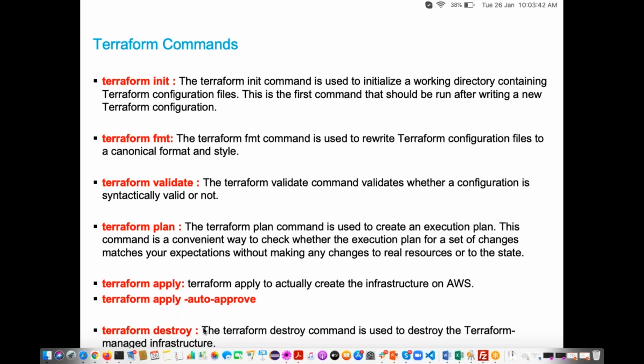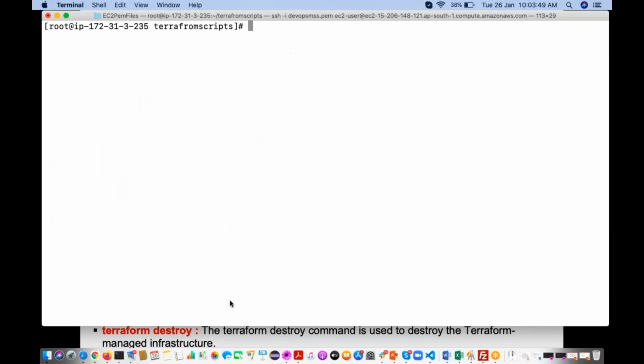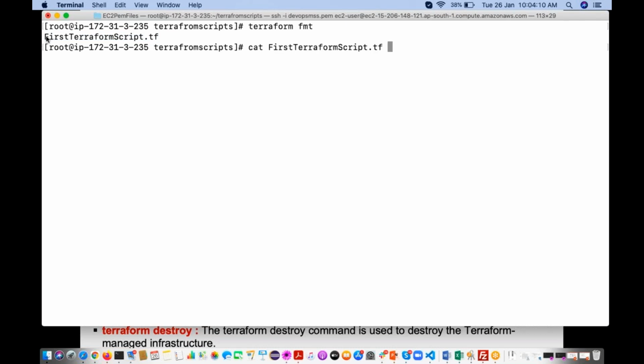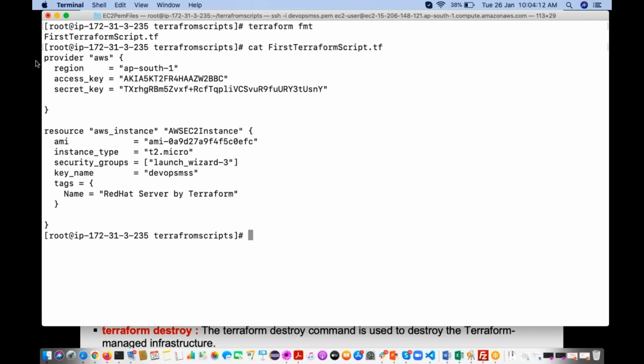Okay, so it is already there. If you want, I will execute this one. terraform fmt. See, if you check this one, it is going to display proper indentation. Even if you don't write it properly, it is going to display properly. Okay, you can check it.